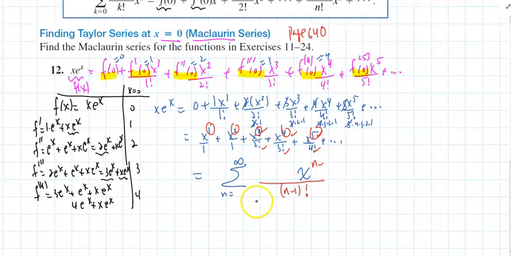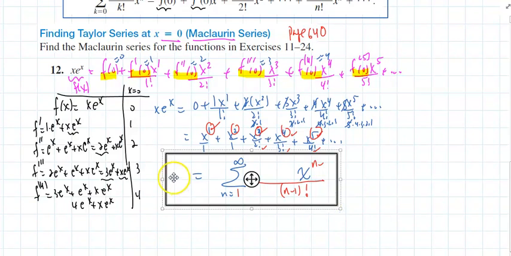And where can I start? Do you notice the first power on x is a 1? So I could start at 1, and that would be my power series for x e to the x around 0. Okay,